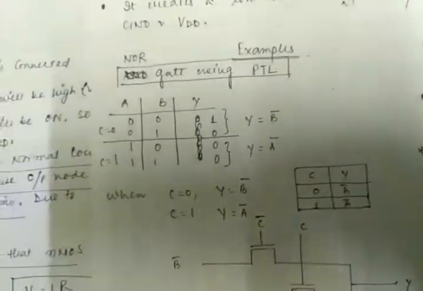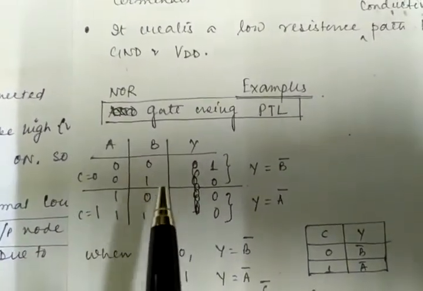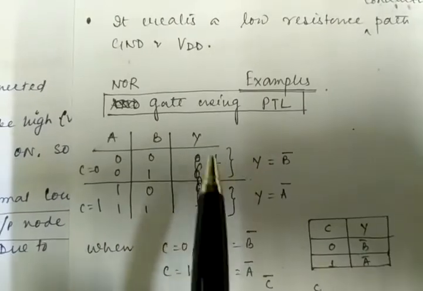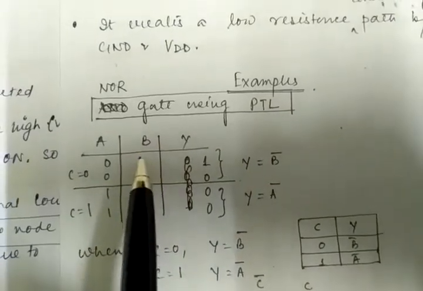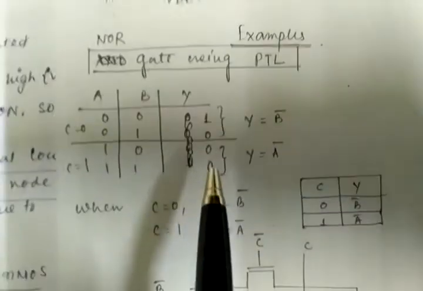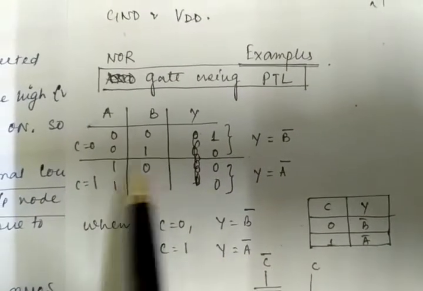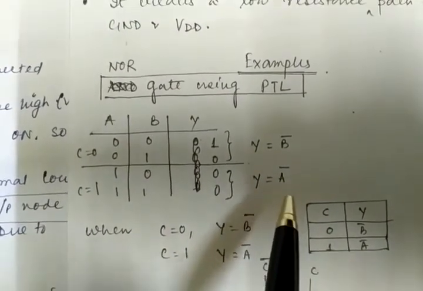Yes, upper section and lower section, this one. This is the upper section and this is the lower section. In the upper section, the Y we obtain is 1 0, so we can easily say that this is the complement of 0 1. So we can say that this is B bar. And in the lower section, we obtain 0 0, and that is the complement of 1 1. So we can say that this is A bar.